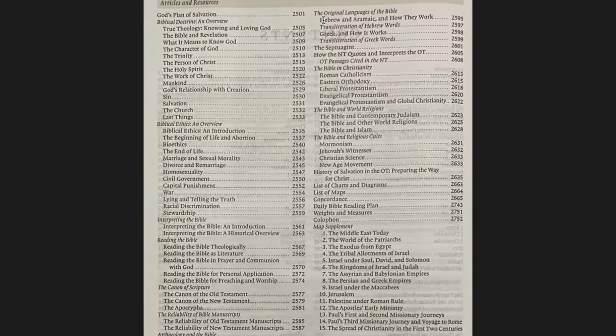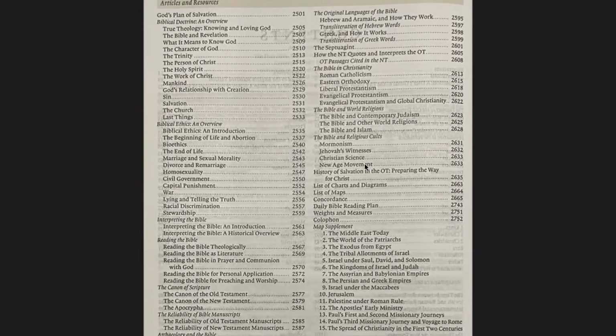Today we're going to look at the original languages only because we started talking about that during prep day 1, and I actually made a snafu on the example that I gave with the equal weights and measures. I said that they were translating the phrase stone, but really it's just stone, and we'll talk about that later once we get into this article here. So we'll read this today, and then we won't get to the Greek and how it works until we get to the New Testament.